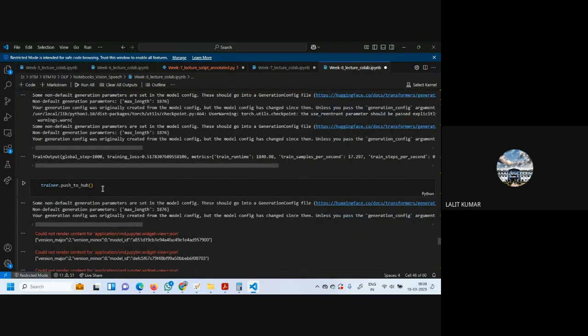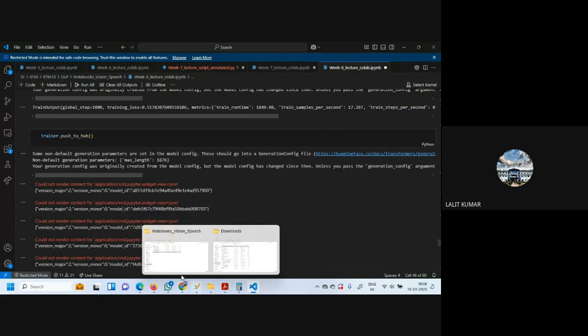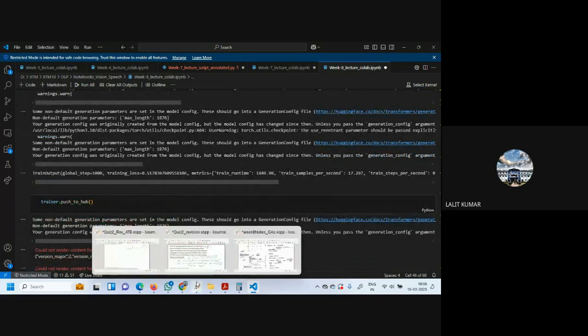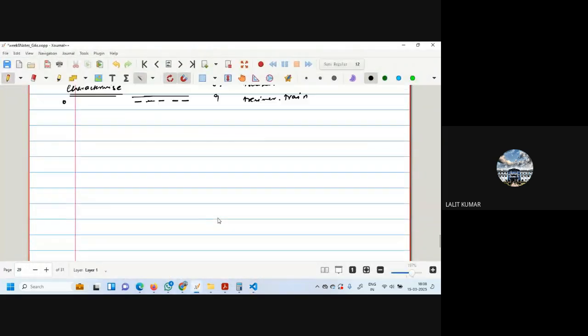Can anybody summarize this? What are the main parts of this code? Anyone? Text to speech. Try to remember what all we have done. We have first built the vocab.